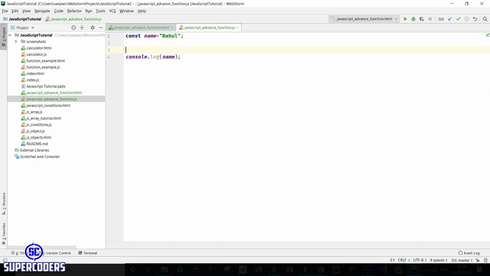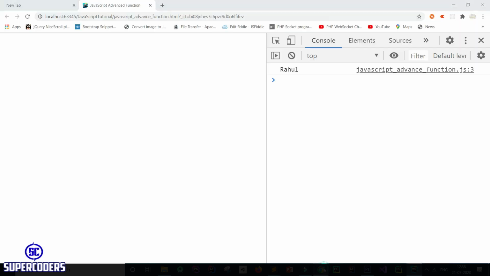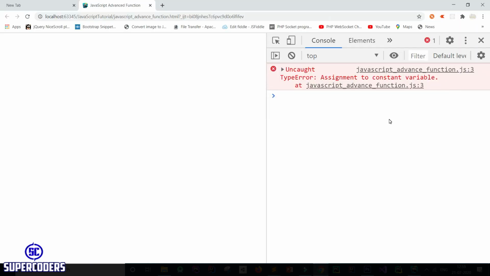If I try to change value of constant, name equal to Vishal, then it will show attempt to assign read only value. Means I can't change value in constant. If I run, you can see assignment to constant variable, which is not possible.